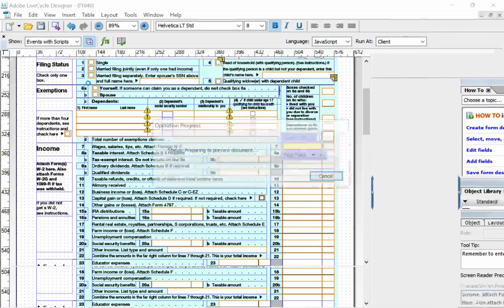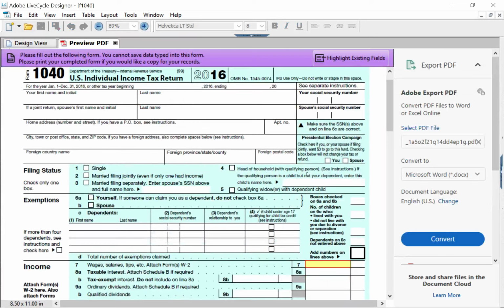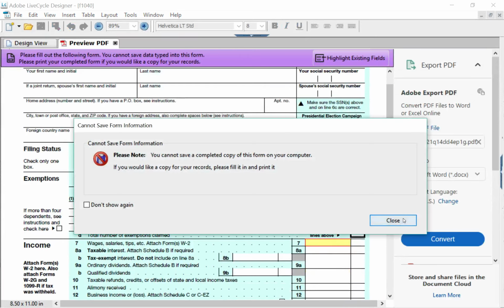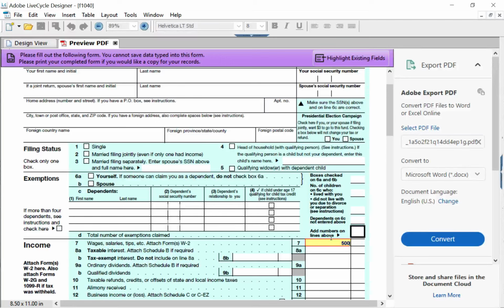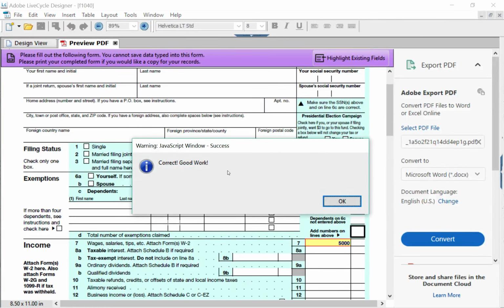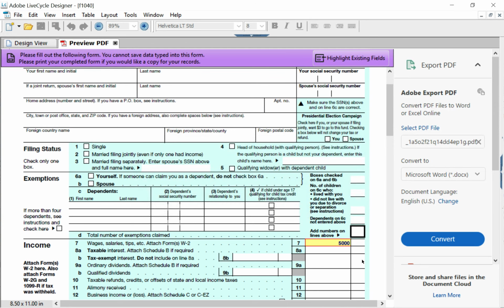So go to preview. Let's type in 5,000, hit enter, and now we see this: correct, good work. So it tells the students that they did it correctly. And so it's an interesting tool to not only encourage the students, but give them a little guidance. So, with accounting, we know that sometimes you need checksums